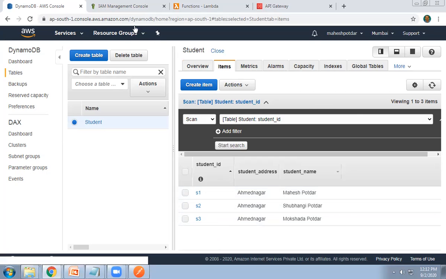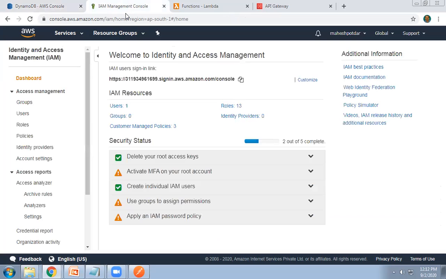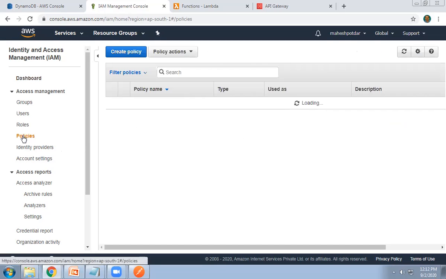So let us start. To create the Lambda function, I am using an IAM policy. I have already created the policy, and I'm showing you the name. You can visit my previous video on how to create the policy. So no need to create the policy again and again. I'm going to show you the policy as well as the role I have created.